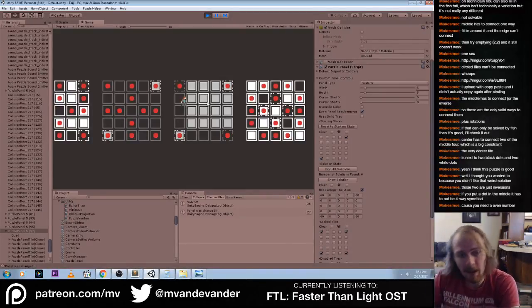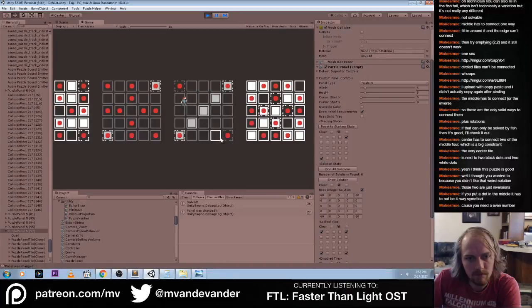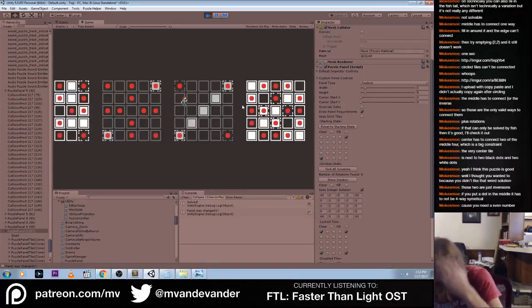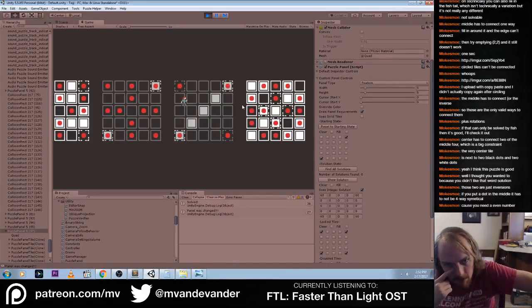The only way to do that would be if it was happy with the diagonal touching there, and it's not. Yeah, if I put a dot in the middle, it can't be symmetrical. One dot has to go somewhere else, right? So